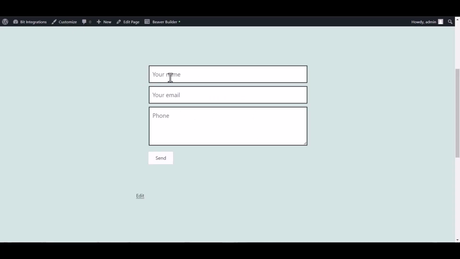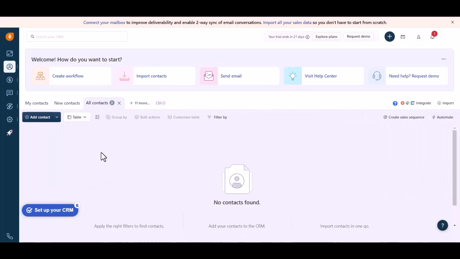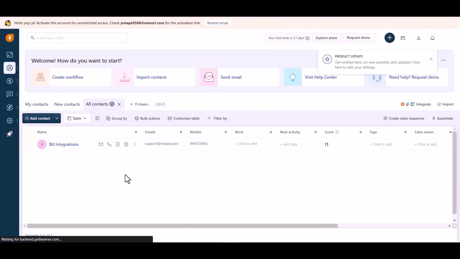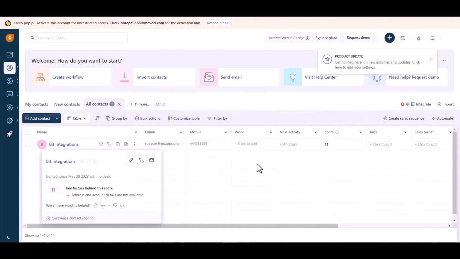Go to the Beaver Builder page and fill in the form. Submit it. Form submitted successfully. So go to your Freshsales site and refresh the page. Here you can see the data came successfully in the